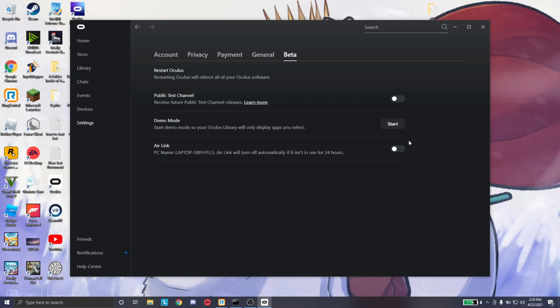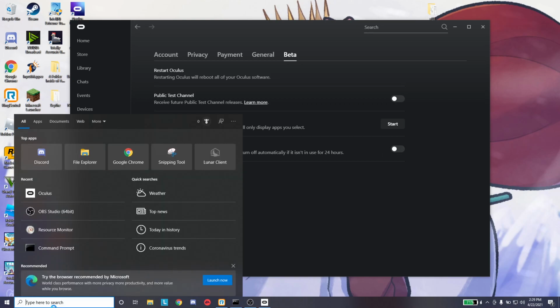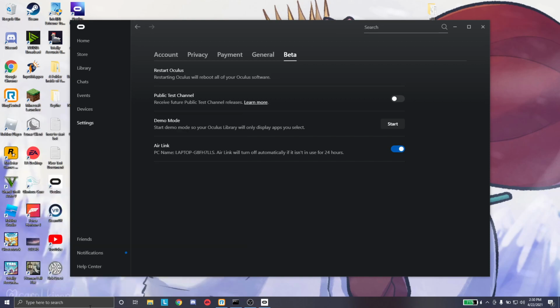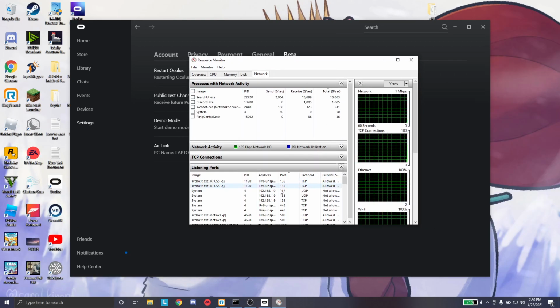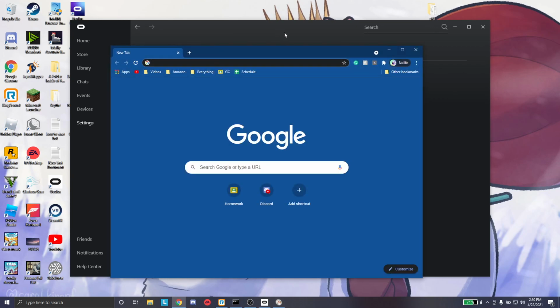So I'm just going to turn that off. And then what you should be able to do is, first, before we do anything, we're going to turn this on. Then we're going to go to Resource Monitor. And then we're going to look for listening ports for OVRServer_x64.exe. And so right now I'm going to write down